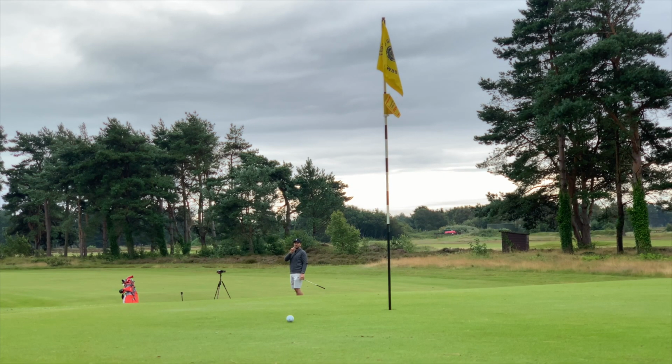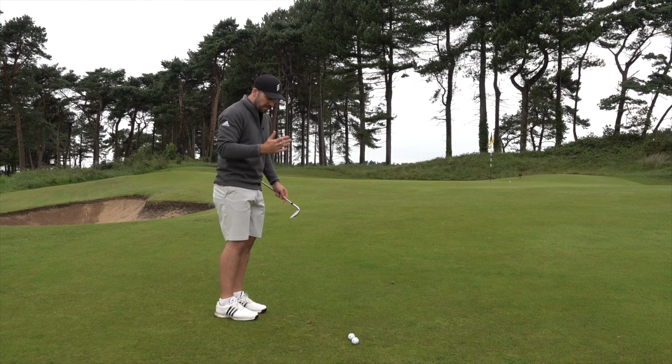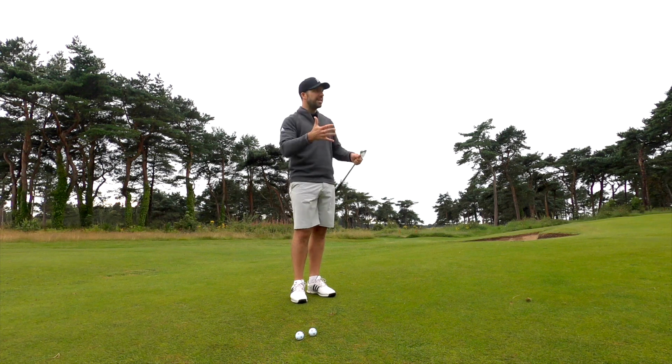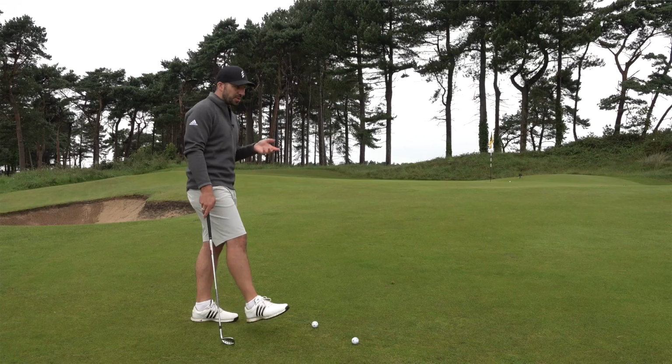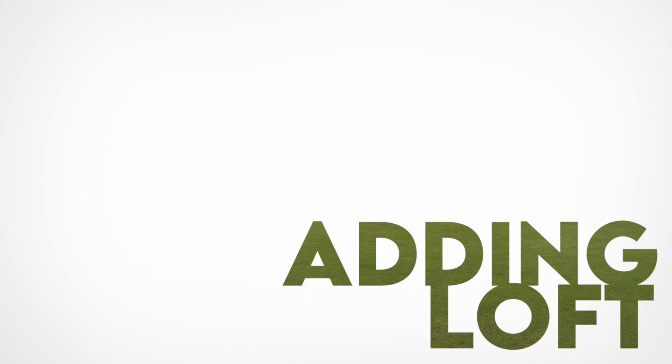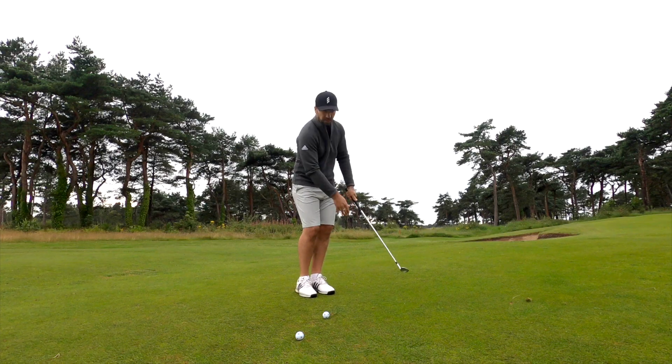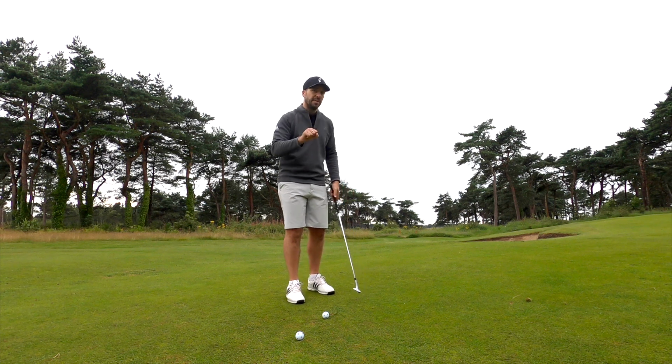And I've actually not done terribly there, but you can see how it's run on and it's gone past the pin. The problem with this is, because I've got such a bank to deal with, the actual spin control is inconsistent. But what I'm going to do now is use exactly the same wedge, but the difference is, rather than the ball being back, hinging, holding, a steeper angle of attack, the ball coming out lower and checky,